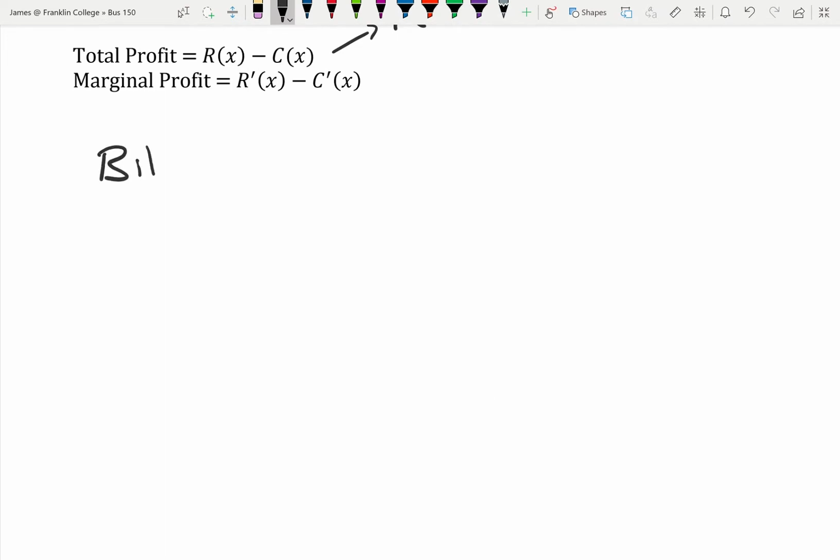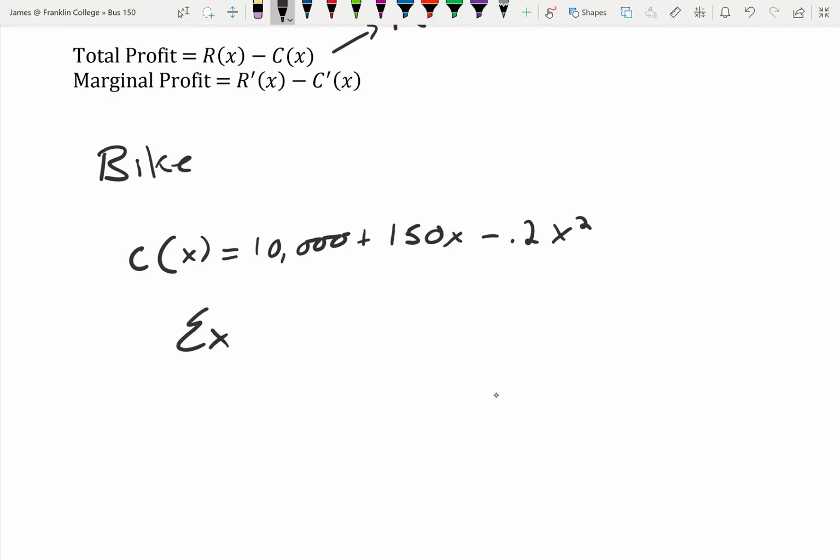So let's assume we have a bike shop, and we have a cost function represented by 10,000 plus 150x minus 0.2x squared. So this is the function that's representing the total cost for this bike shop, given that we are producing x number of bikes. So if we wanted to figure out the exact cost, we're going to use the terminology exact cost of the 121st